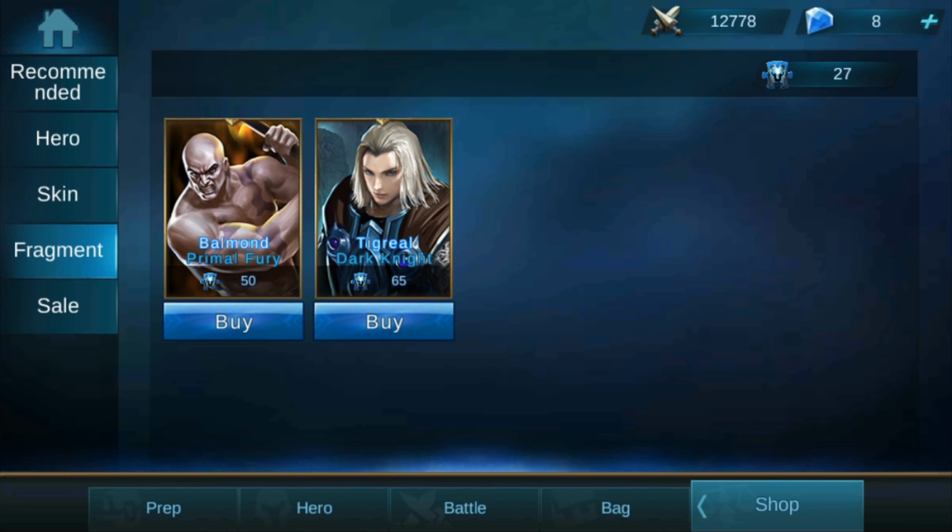You can collect that by finishing your achievements. You can get it from chests pretty much, and as well, I think, if you do some daily tasks you get off the actual game, you can get some of them. But yeah, if you collect some fragments, you will see that you have the option between buying some skins with that. They cost 50, for example this Belmont Primal Fury or the Tigreal skin. I have right now 27, but if you manage to collect 50 or 65, you can just go and buy them,